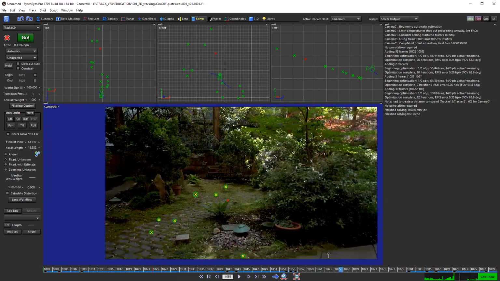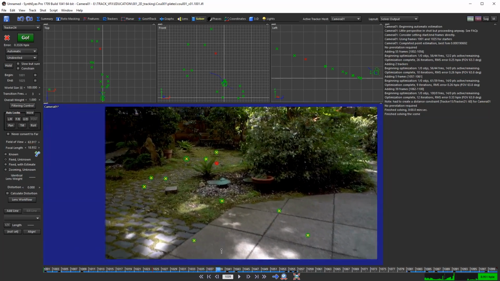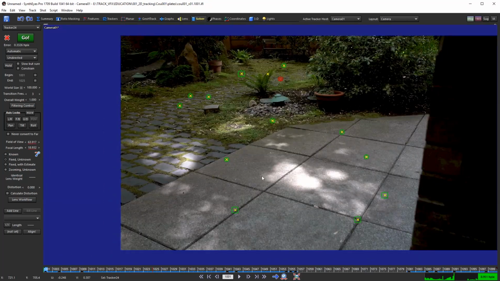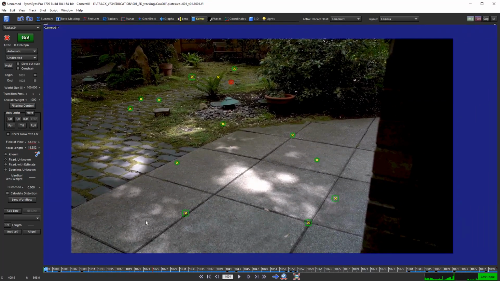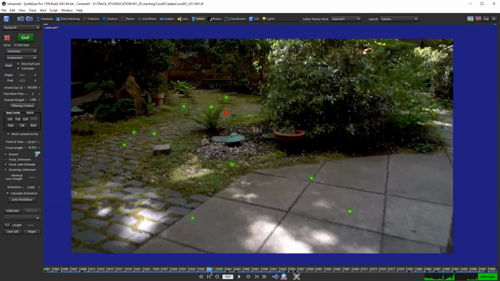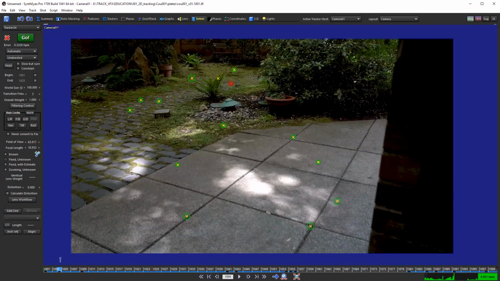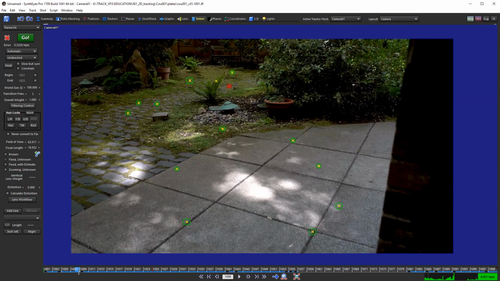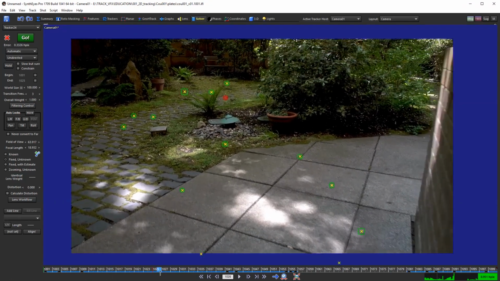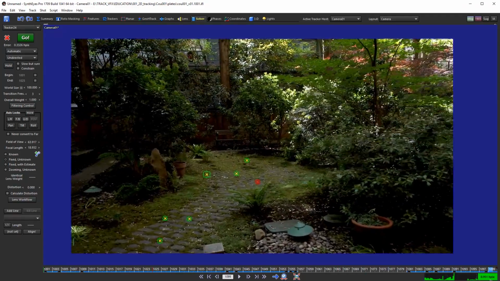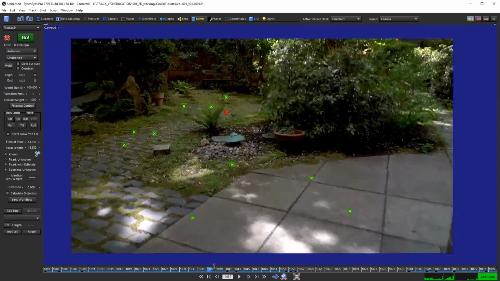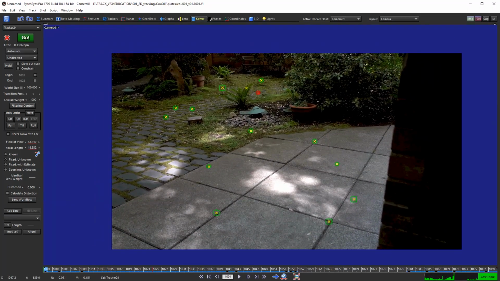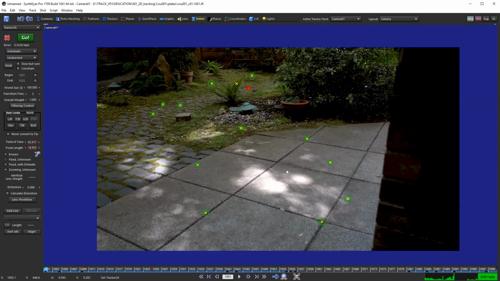Once again, you never want to solve a shot with this few amount of points. Maybe you're on like a super slim budget, or some client wants something real fast, and all they want is maybe a bit of graffiti somewhere or to put some text here. Maybe it's fine to get away with a couple points like this, but in the film industry, this is a no-go. But yeah, so that has been my tutorial on point tracking. Hopefully it has been helpful for